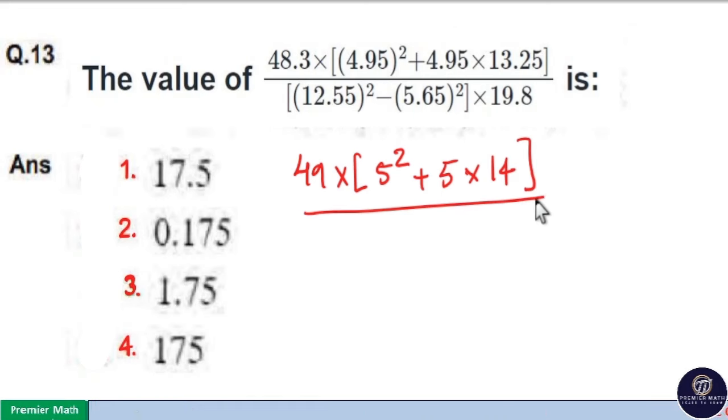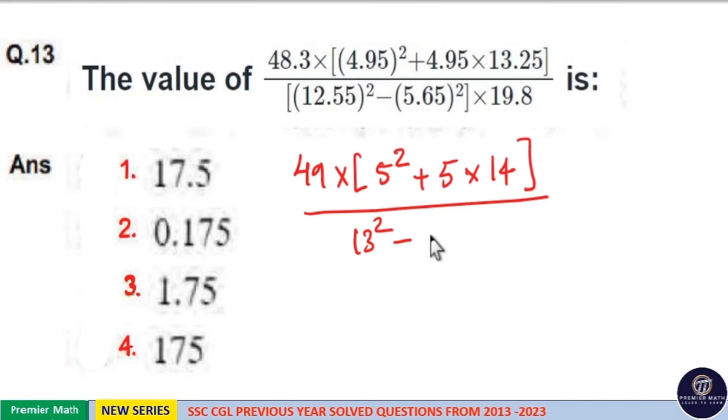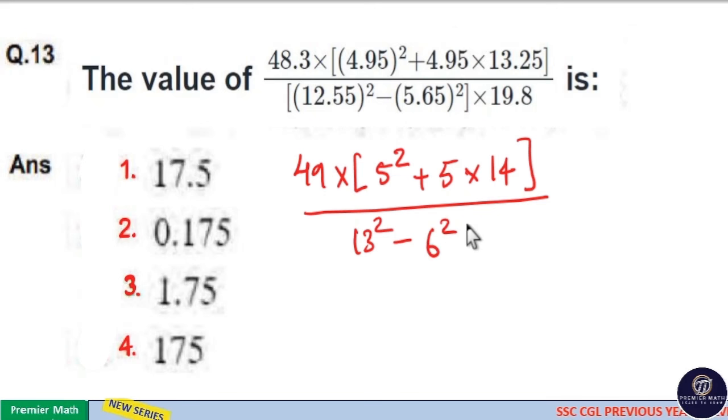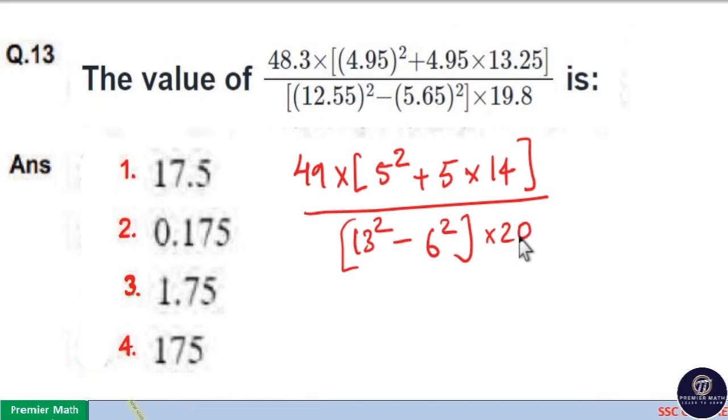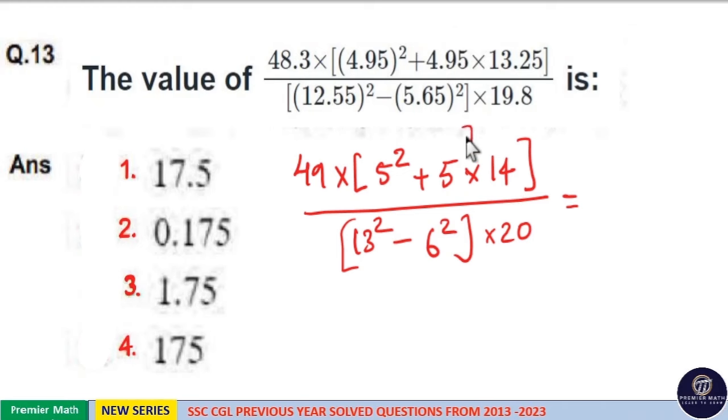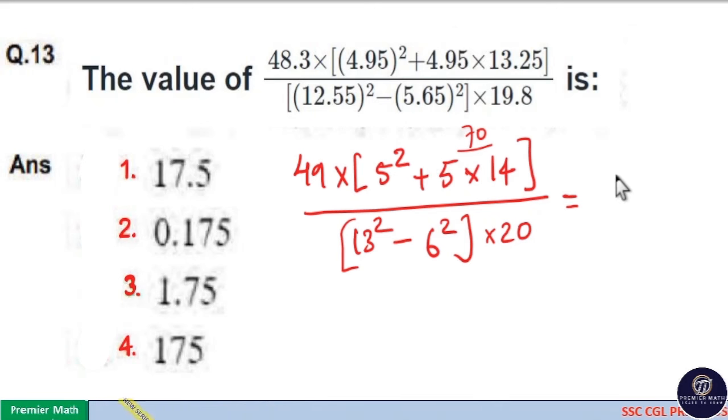Now, divided by 12.55 square, I will take it as 13 square minus 5.65 square, I will take it as 6 square into 19.8, I will take it as 20. Now, which is equal to, here 5 square plus 5 into 14. 14 into 5 is 70. 70 plus 5 square is equal to 95. So, 49 into